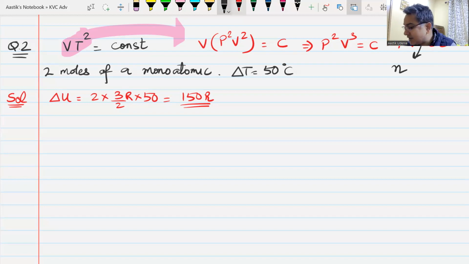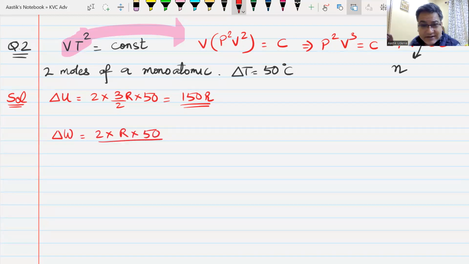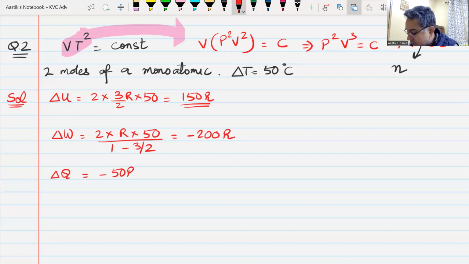Once you get the value of eta, the process is very simple because del W, the work done, is nR delta theta. n is 2, R is R, delta theta is 50, divided by 1 minus eta, 1 minus 3/2, and the answer is minus 200 R. So delta Q becomes minus 50 R. And C becomes